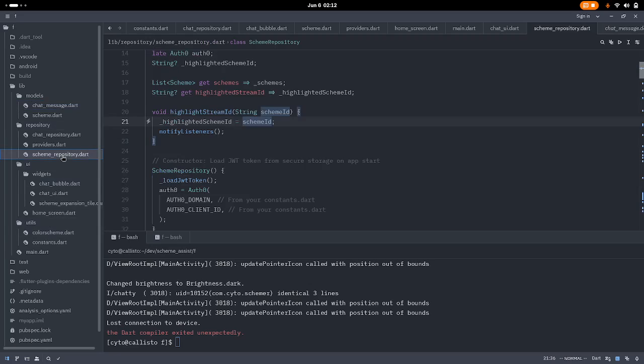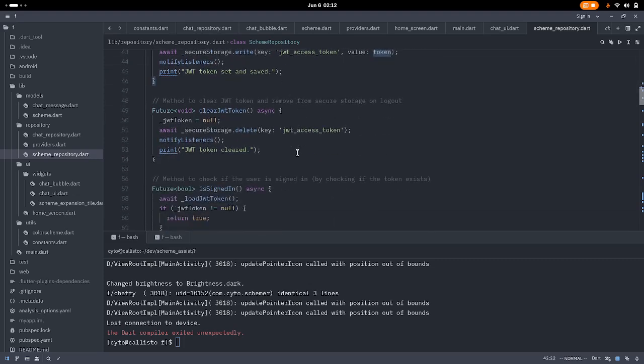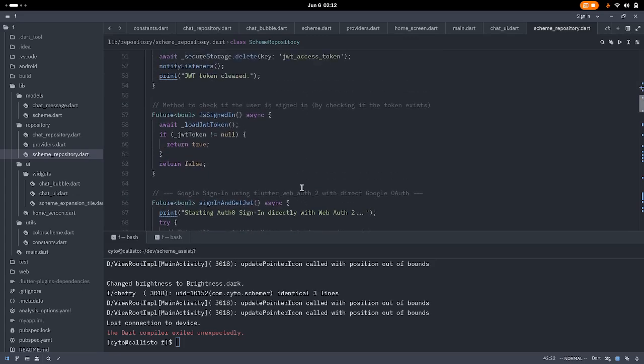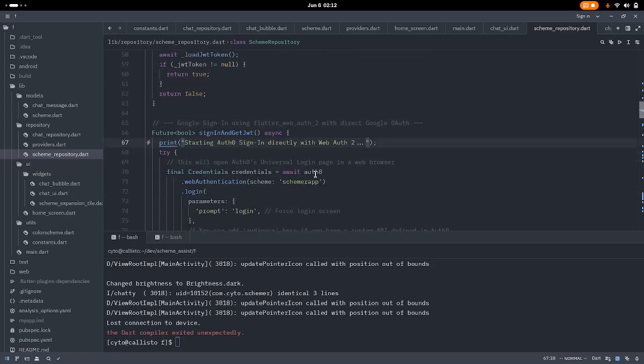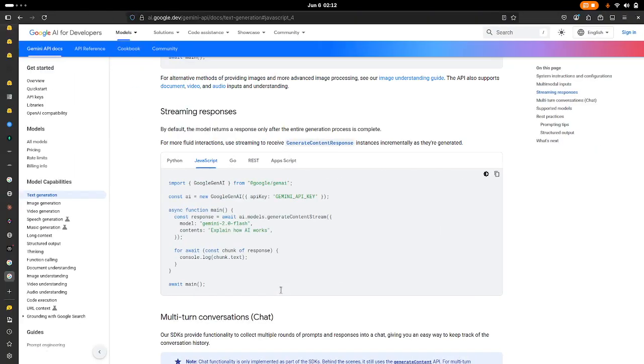Let me show you the scheme response repository, and in this I made and deleted and tried and errored out quite a few things. I tried Flutter Auth 2, and I also tried some other methods before this. I tried Google sign in also, that didn't work out, and I also tried other Firebase based solutions, and after that I finally settled with Auth 0. And in Auth 0, what I'm basically doing is, let me just start this, and in the background